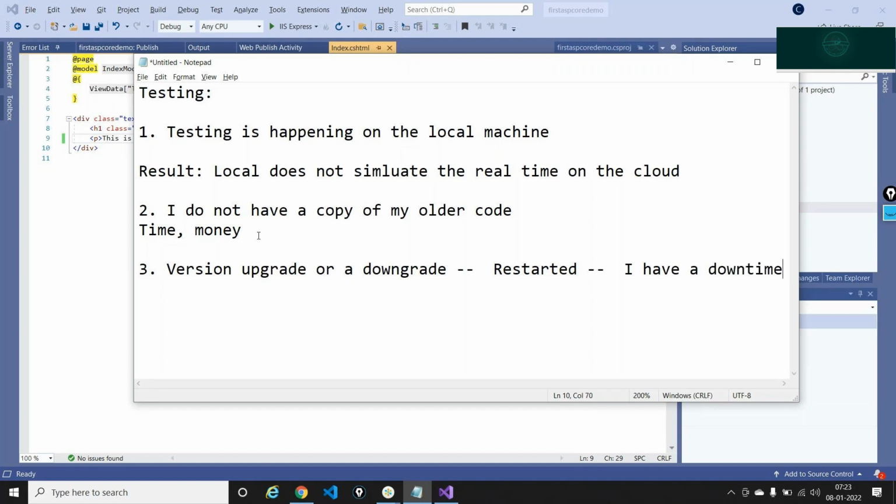Now, it's a very simple application. This is taking about a minute to restart. What if it is a complex application, a very complicated code that I have written? It might take somewhere around 5 to 6 minutes to restart and get the application back up and running.